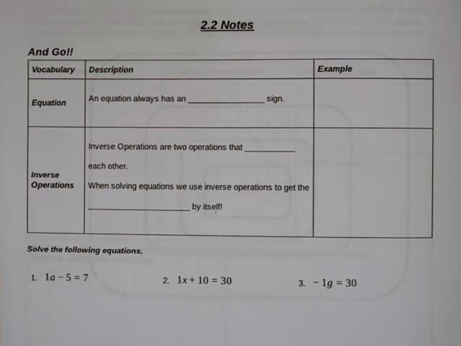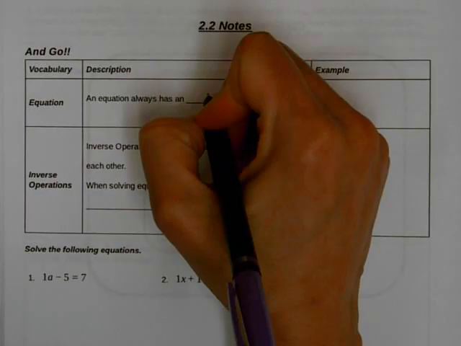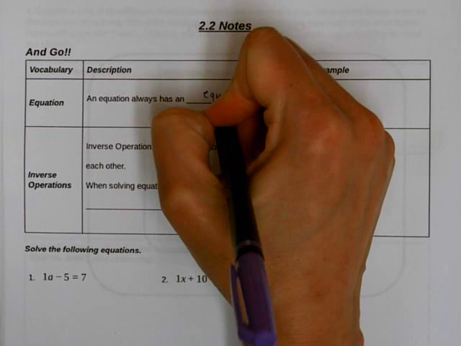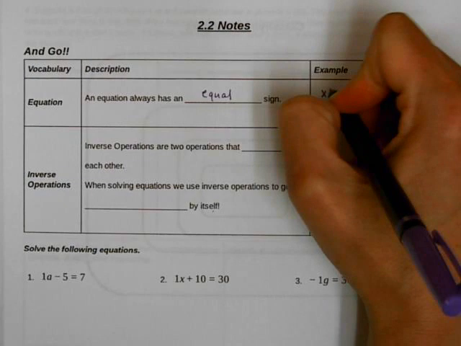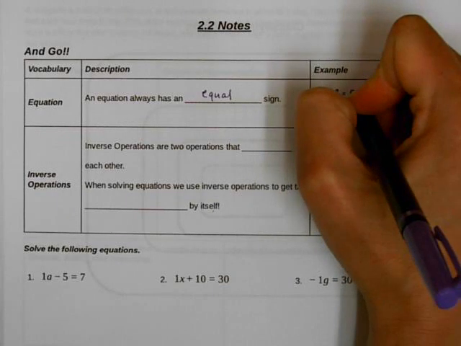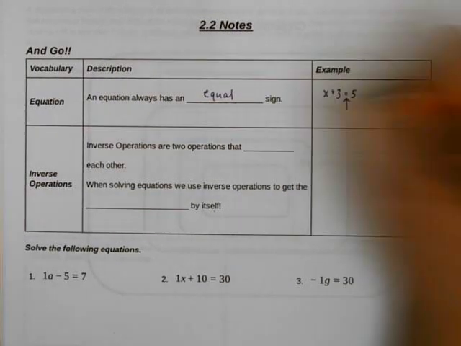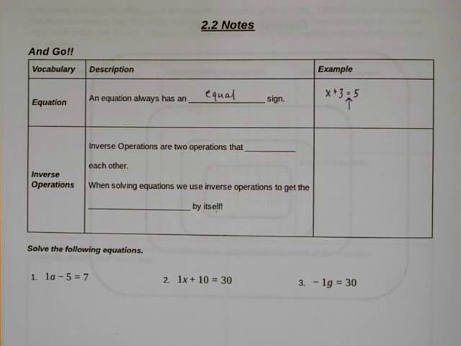So again, the idea here is that we're working with an equation, and we can recognize an equation because equations always have an equal sign. So if we have something like x plus 3 equals 5, I can recognize that it's an equation because of that equal sign. So the other key here, besides recognizing when we have an equation, to know how to solve